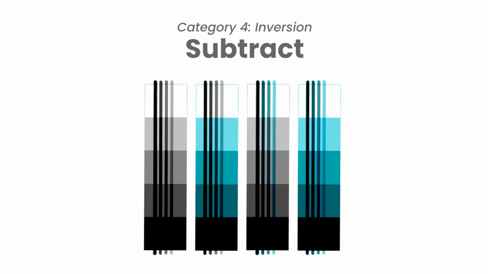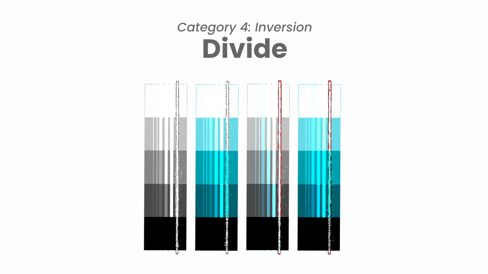Now, subtract is a tricky one because it is an inversion in the sense that the colors on your blend layer are going to be inverted, and then those colors are going to darken the base layer. And the lighter the original base color, the darker it is going to become. And yes, this blending mode is confusing. That's totally true, but there's also not a whole lot of scenarios in which you would use it, so feel free to just forget about it if you want. And the last one in this category is also a confusing one, divide. Divide is the opposite of subtract, so any super dark color on your blend layer is going to create a really bright result. Once more, feel free to just disregard this one, it's confusing and not used that often in digital art.